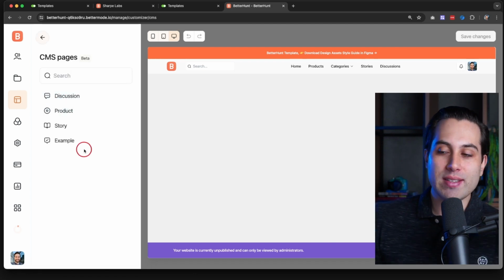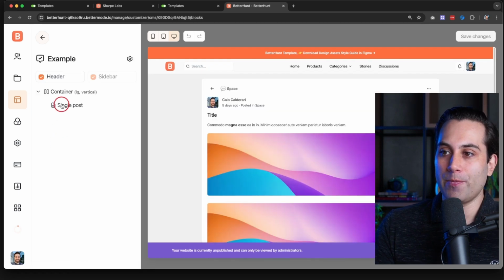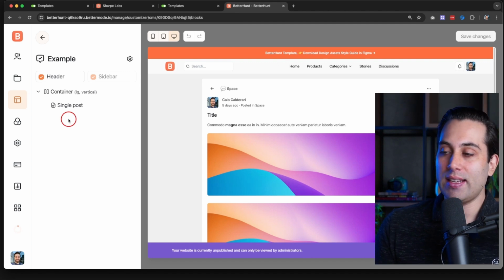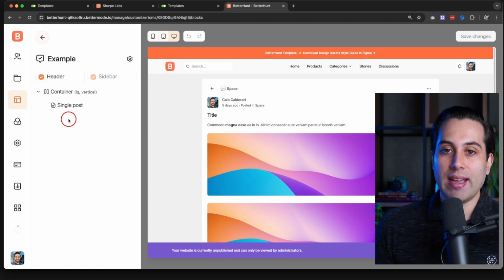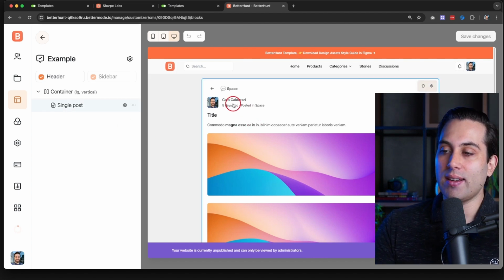And as we can notice, we have a new page here, which is called Example. This page here is the page that represents the custom model we just created. And this template will be used anytime we decide to use the custom post type we created. And we can define here how this page